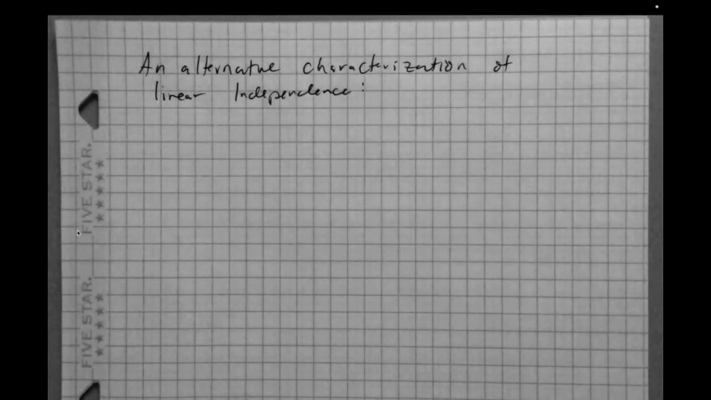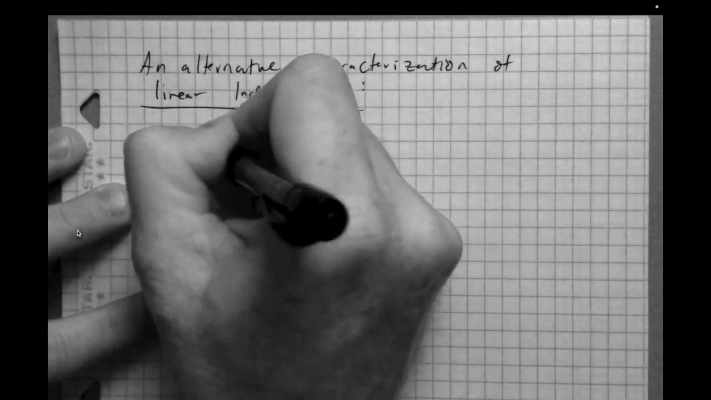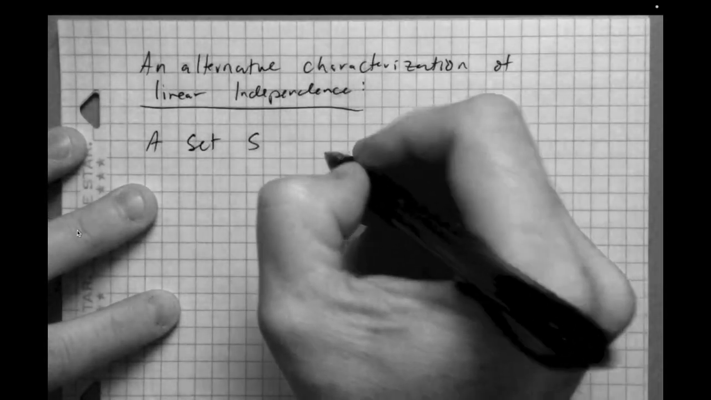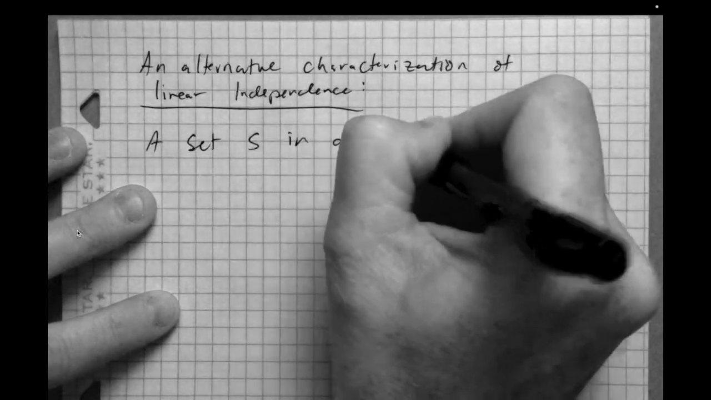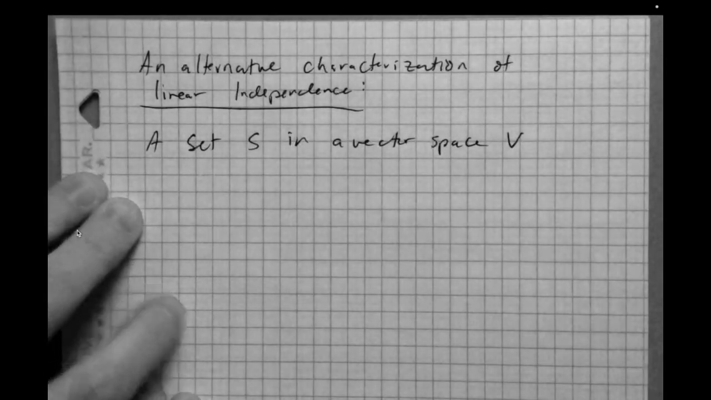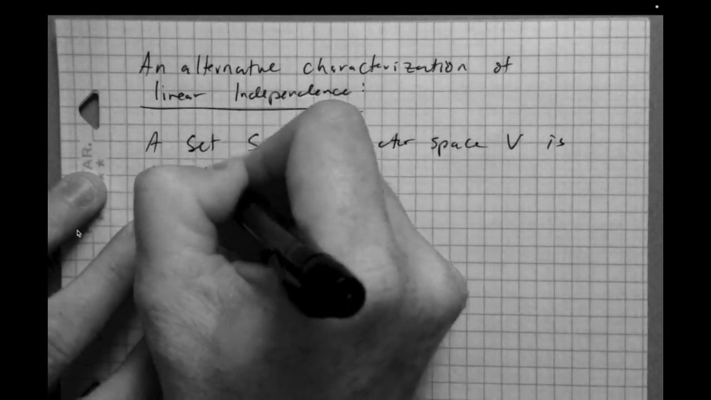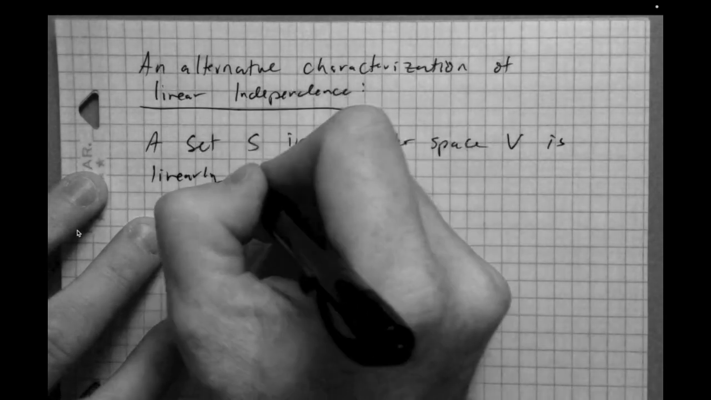Okay, you can think of this almost as a definition. So we'll say a set S in a vector space V is linearly independent